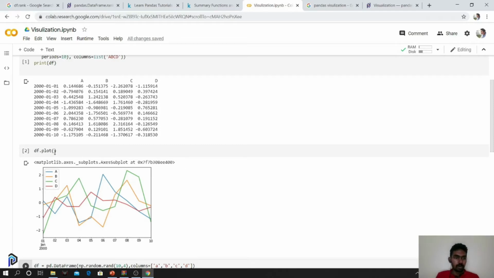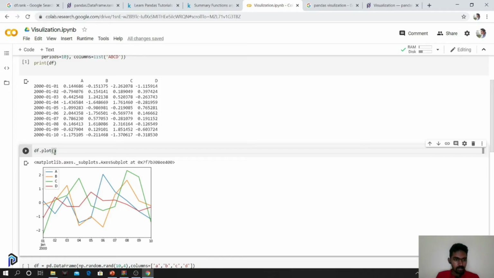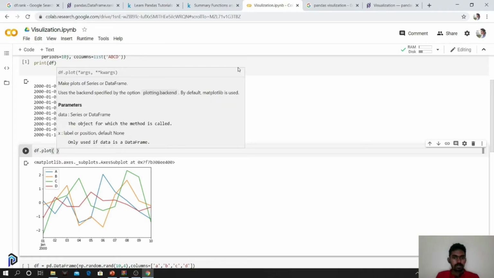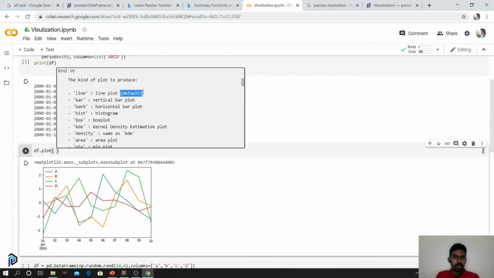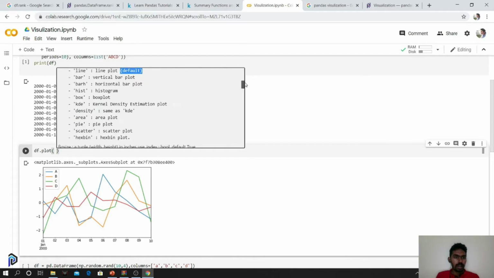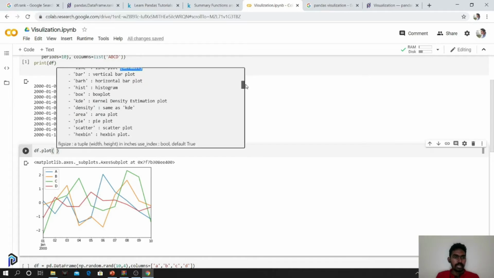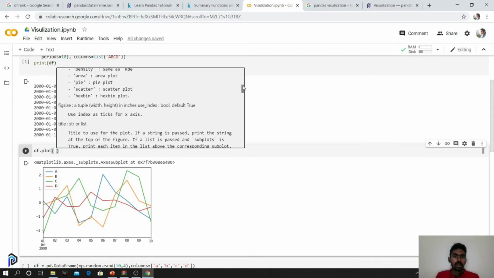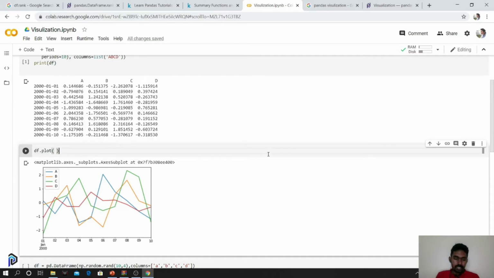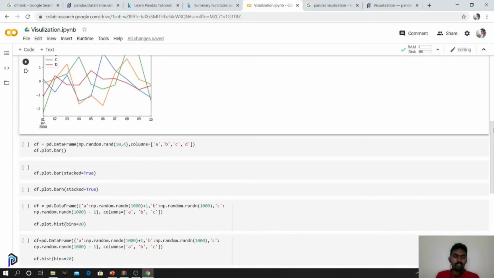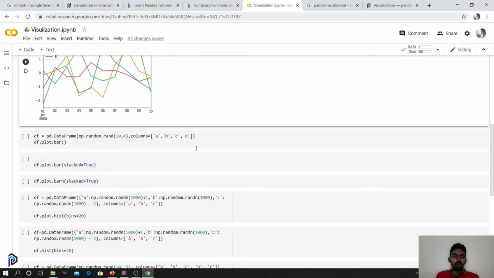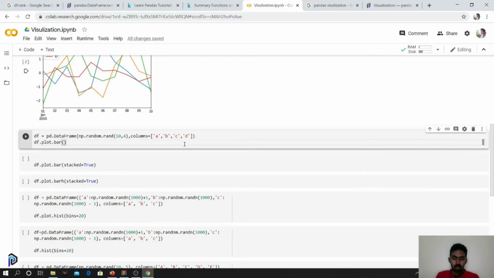This is without any parameters. You can have parameters for this, like kind. So far we have used the line plot, which is the default. Similarly, we have many other plots like bar, barh, hist, box, kde, density, area, pie, scatter, and hexbin. We'll look into some of them. It's in no way an extensive list. We will actually have a separate section for visualization, where we will understand each and every one of these kinds of graphs intuitively. So now we'll just run it and have a general outline alone.